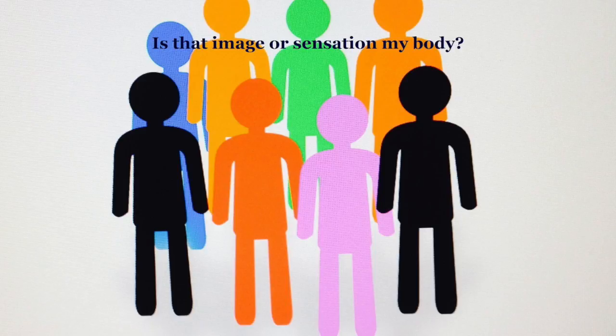So to start with your eyes open, just look and see your body. You could put your hands out in front of you and look at the backs of the hands and the fronts of your hands. You could look down, see your legs and your stomach and your arms, and if you put out your feet, you could see them. And as you're looking at that, notice that what you're seeing is shapes and colors,